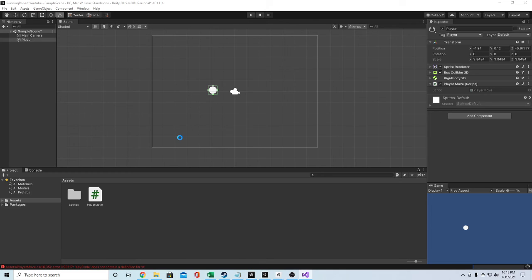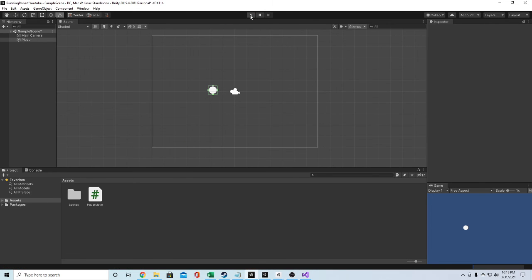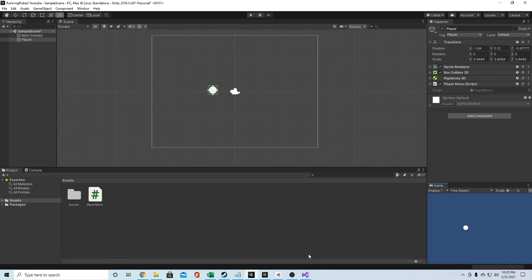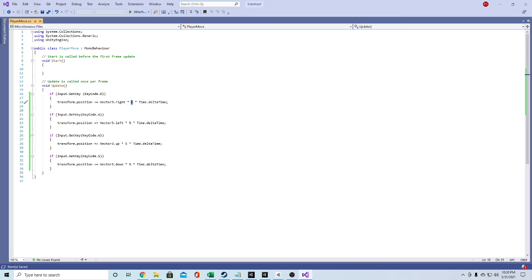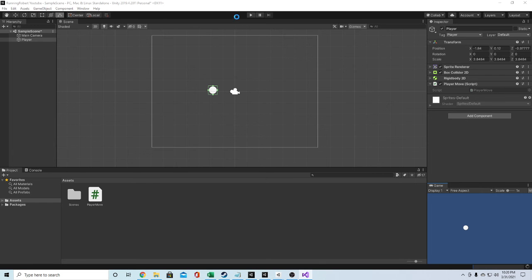So we're going to go back. We're going to hit play. And oh, look how fast I'm moving. Yeah, so you can definitely see how that works. We're going to just change this to 5 back there. We could use a variable float speed up here for everything. We're trying to keep this very simple. So we're just going to keep this at the moment as a speed of 5. So going back,